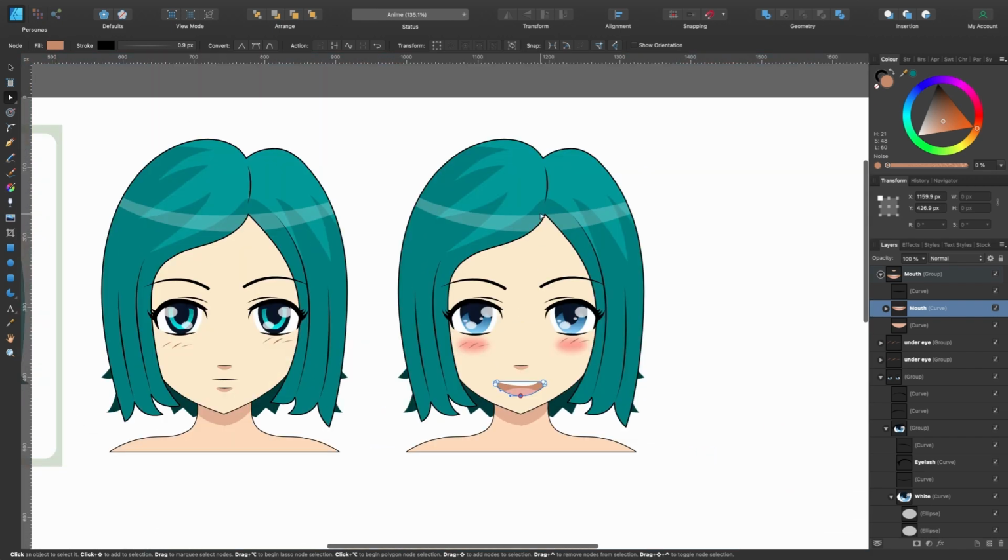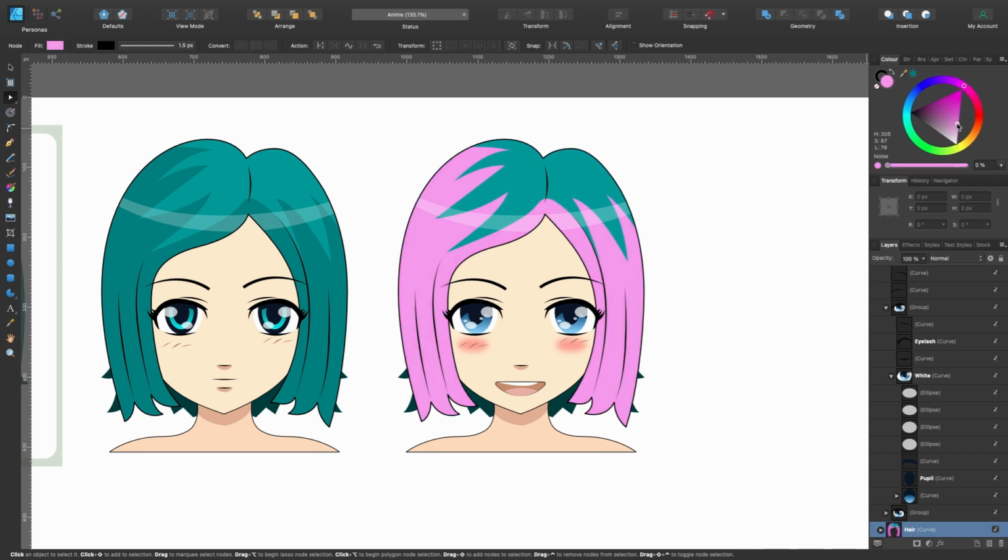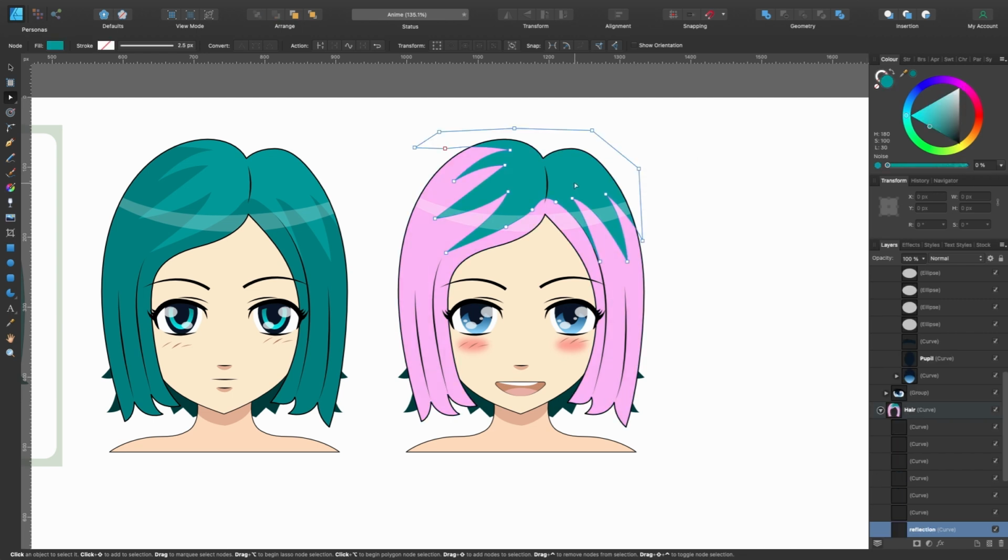Well, we can change the hairstyle a little bit, make it a slightly different color. So let's choose some kind of pink color here. I'm going to make it maybe something like that. And with the reflection on the top of the hair where the light might be, I'll do the same thing again. So I'll just grab the color picker tool, choose that, and then I'll make it a bit lighter from that point.